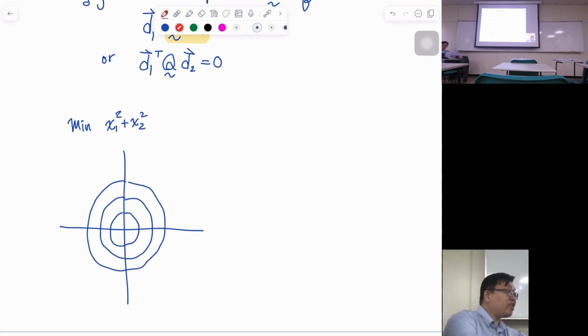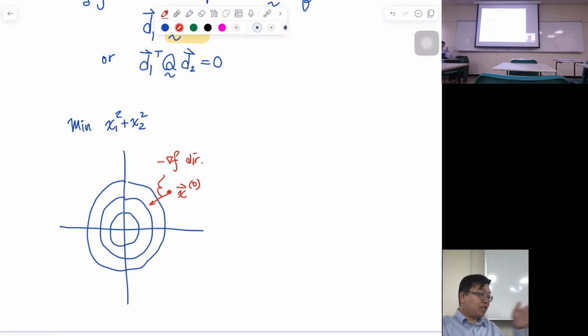And if you use steepest descent, let's say this is your initial guess. From the gradient direction, the steepest descent direction, basically the negative gradient direction, it's actually pointing to the center, right? So if I use steepest descent to solve this problem, it's going to be so fast because the direction is right. But when I solve a different problem like this,